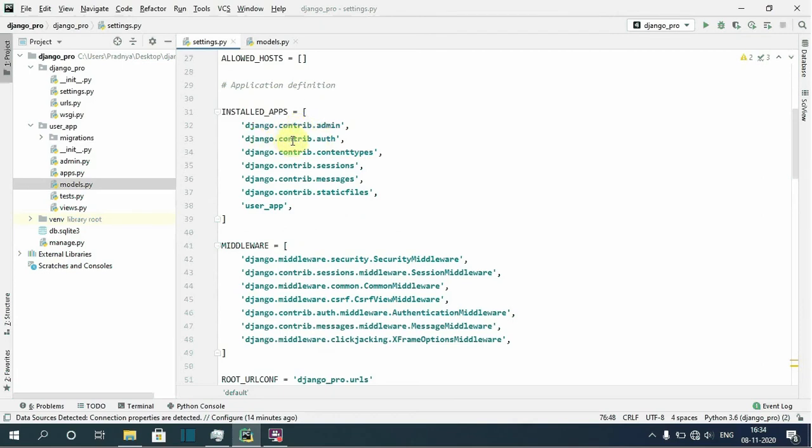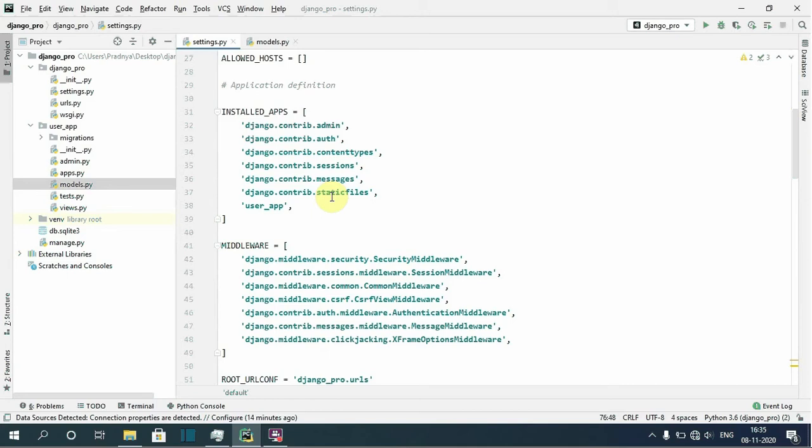The second, django.contrib.auth, is the app for the authentication system. Third, django.contrib.contenttypes is a framework for content types. Sessions is a session framework. Messages is a messaging framework, and staticfiles is a framework for managing static files.